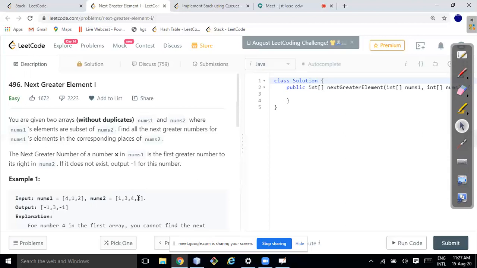Corresponding to 2, is there any greater number on the right side? There is none, so I'll write -1.